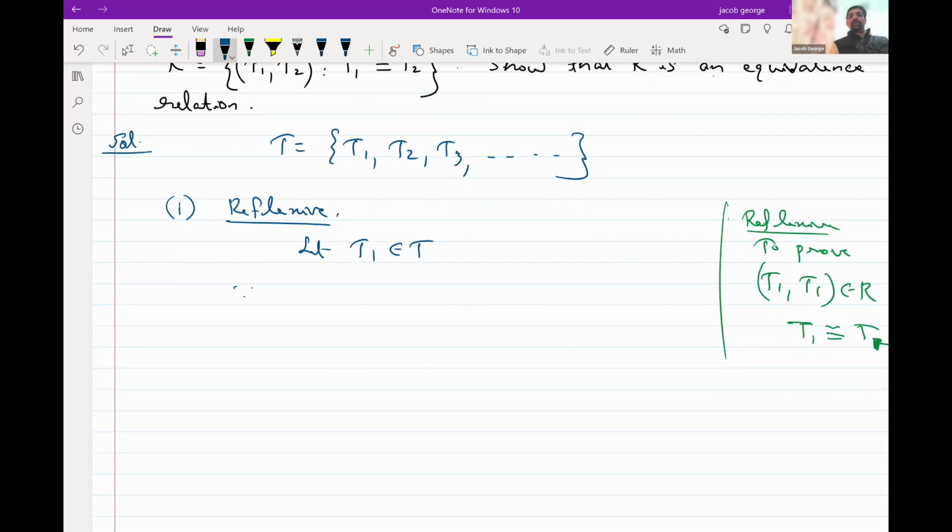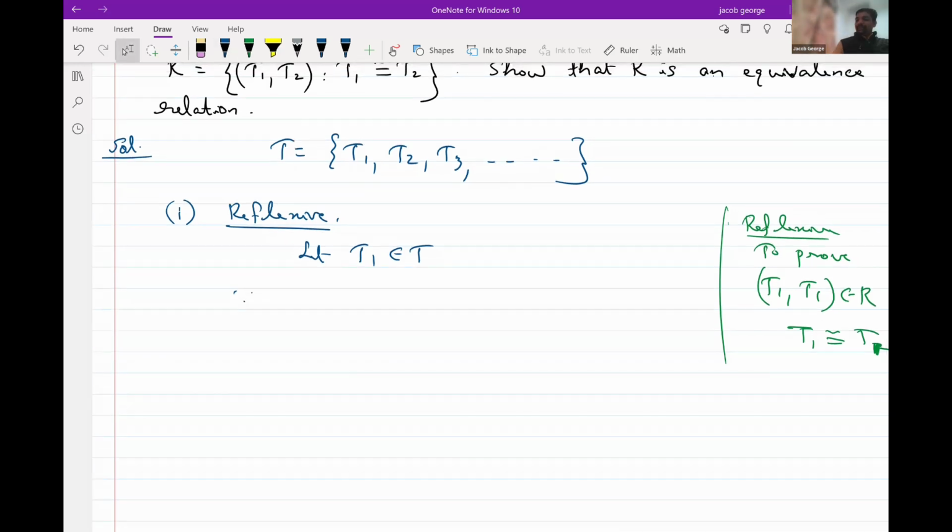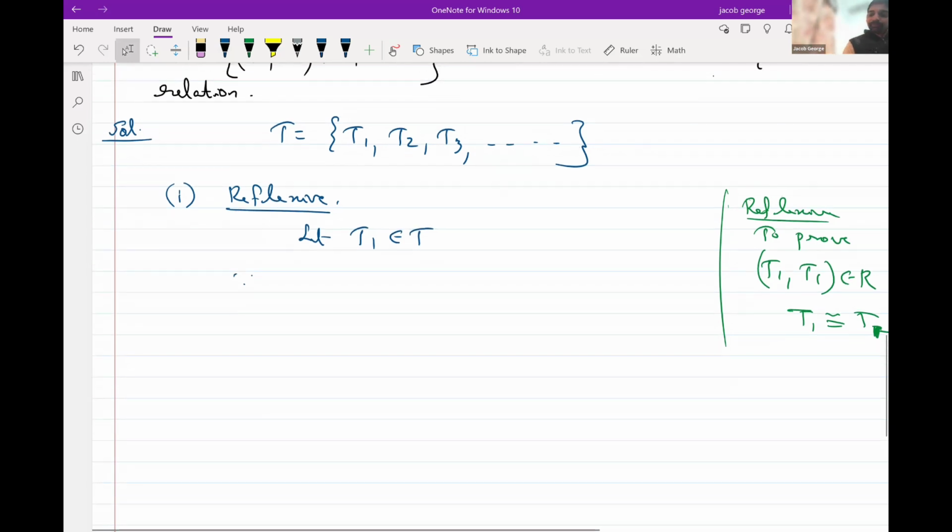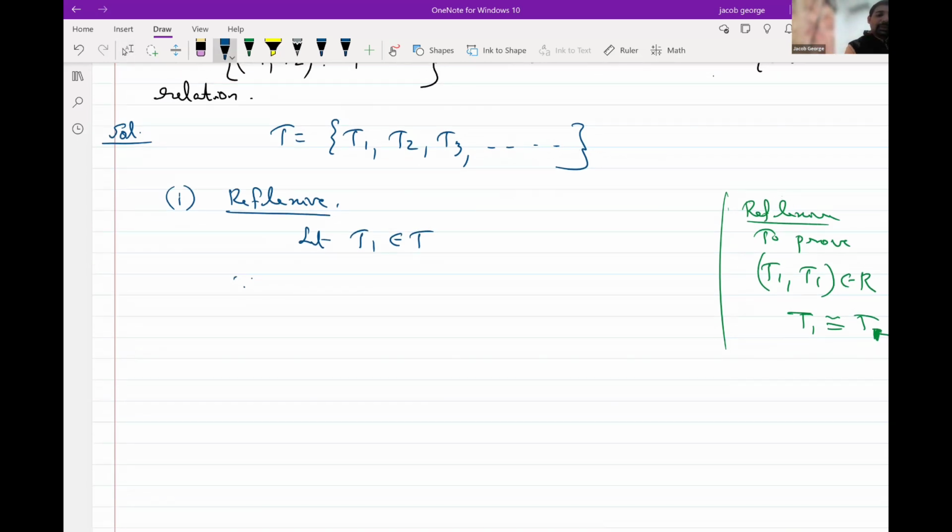Yes, can you note down this in the reference space? For reflexive, what you have to prove? We prove that (T1, T1) is an element of R. For that, we must show T1 must be congruent to T1 itself. Yes. Then to the main part we write, since every triangle is congruent to itself,